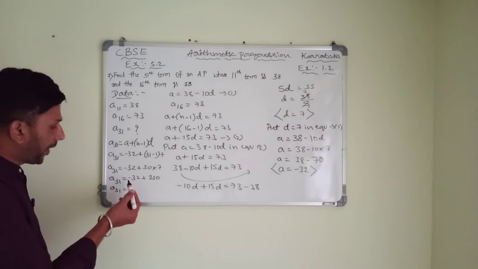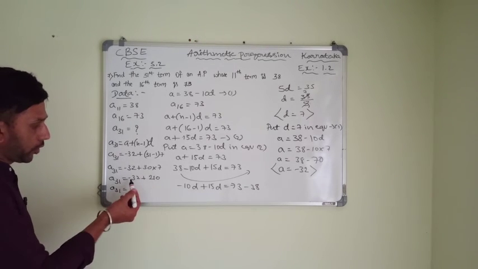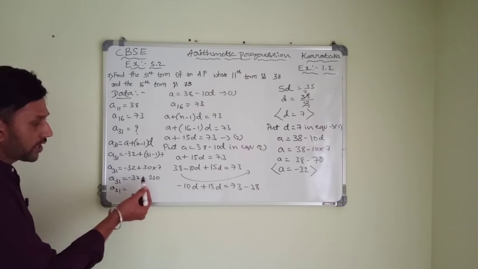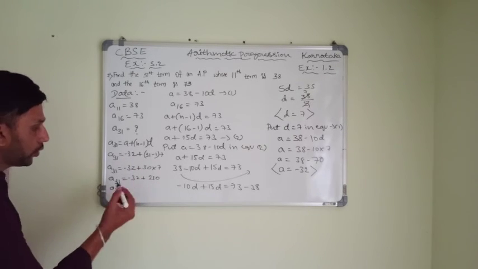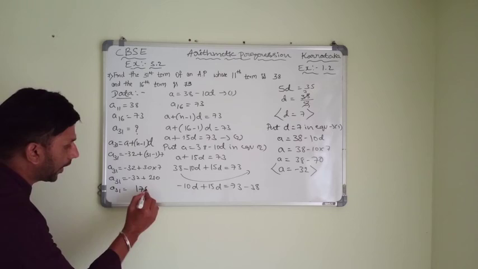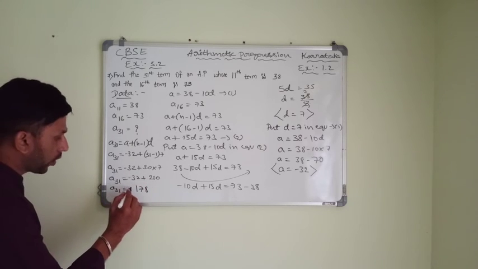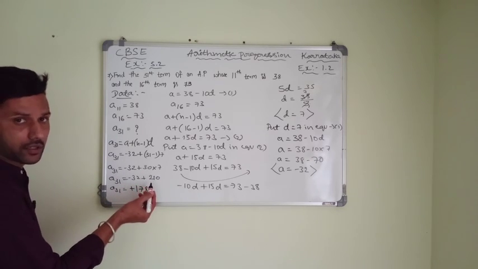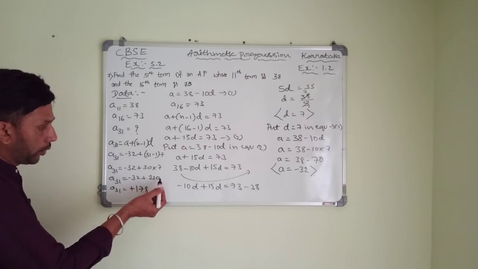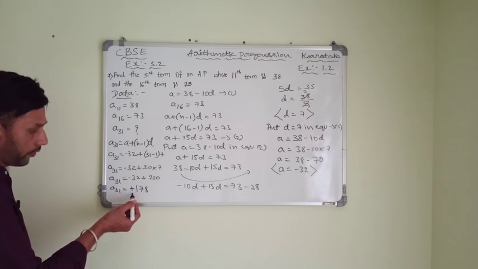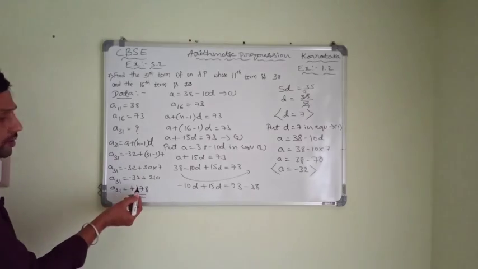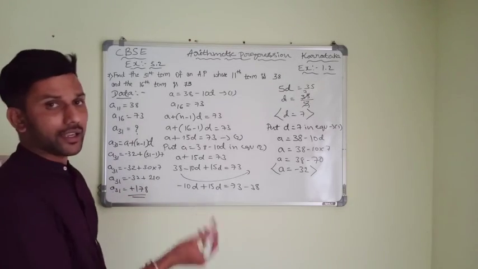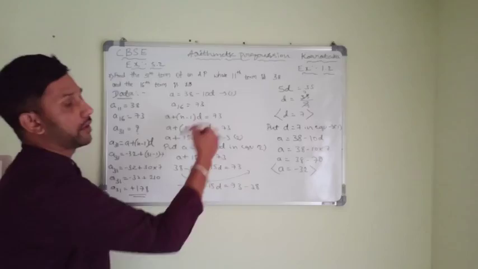So minus 32 plus 210, minus into plus will be minus. If you subtract 210 minus 32, it's 178, right? Nothing but plus 178, because we take the sign of the biggest number. The biggest number is 210 and the sign is plus, so therefore 178, and therefore a 31st term will be 178, and this is how we solve the